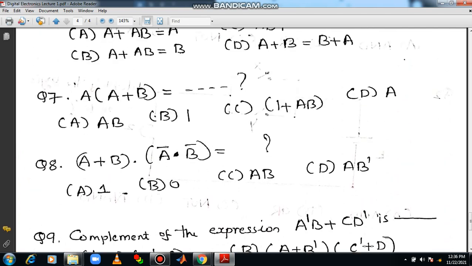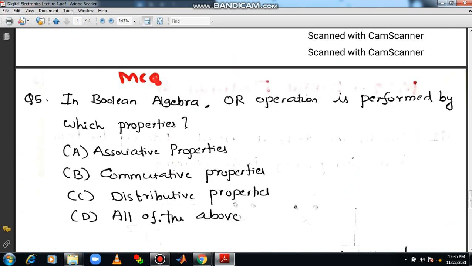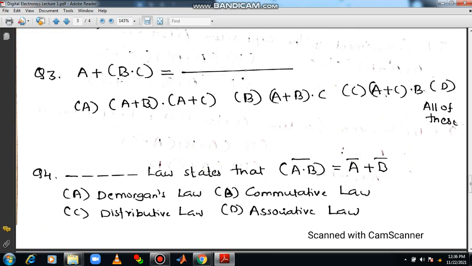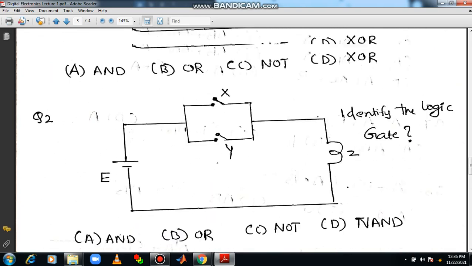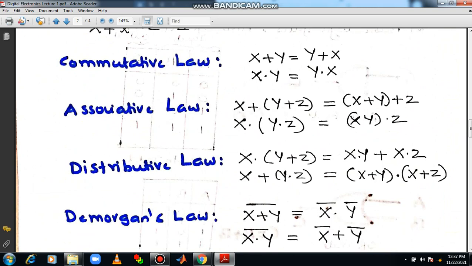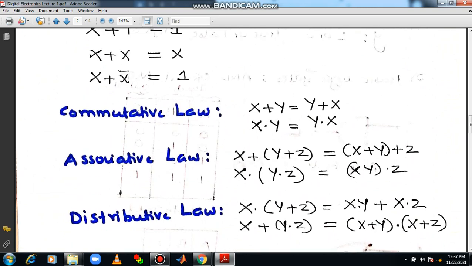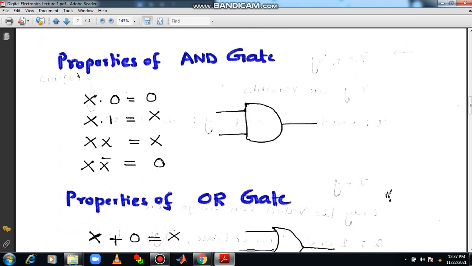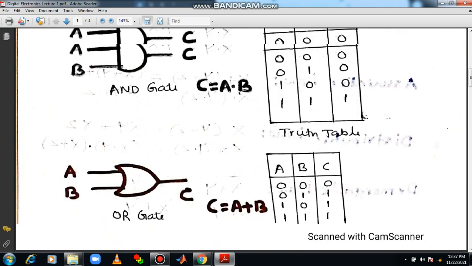So please go through those questions. In the previous session also I discussed some important questions, and sometimes the law can be asked directly or indirectly. So be ready for that. And this property you have to remember at any cost. Try to solve as many problems as you can. There are a lot of problems. In the coming session also I am going to solve a few more problems. Definitely that gains your experience.